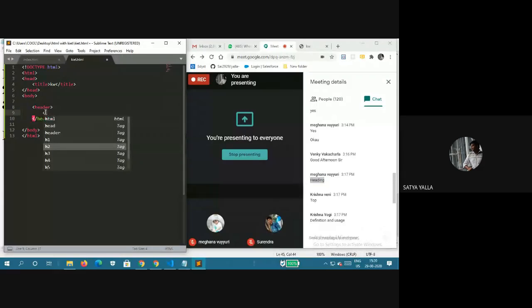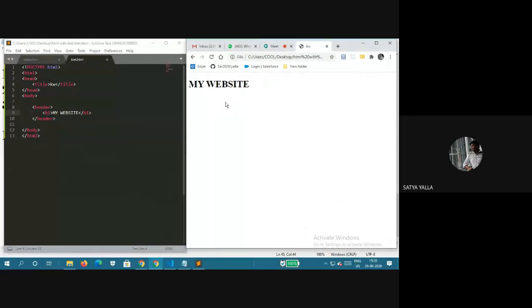H1 gives you the bigger heading. You write my website, Control Z, and see that it's given. The header is nothing but the top of your website content, and it's a heading and a set of navigation links. Here we have to paste a navigation link.